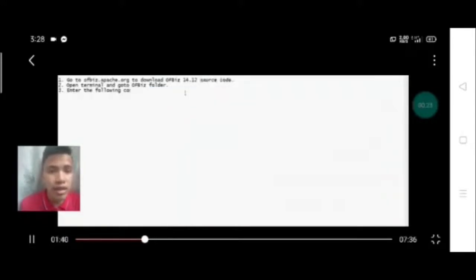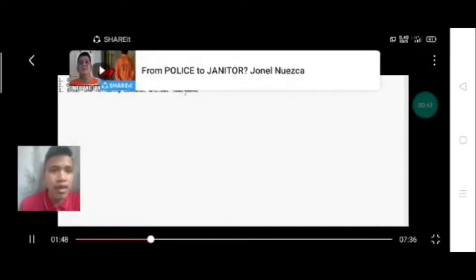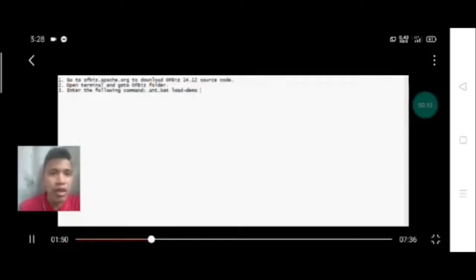So to enter ant.bat load demo in your CMD, open CMD. Okay guys, just wait. Open the terminal, then type CMD, then type ant.bat load demo, then wait for a minute guys.